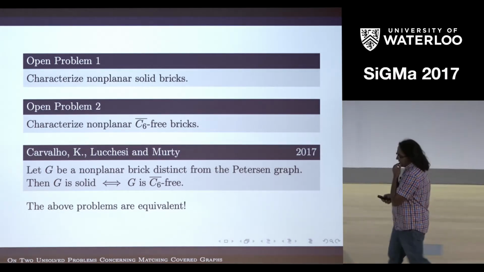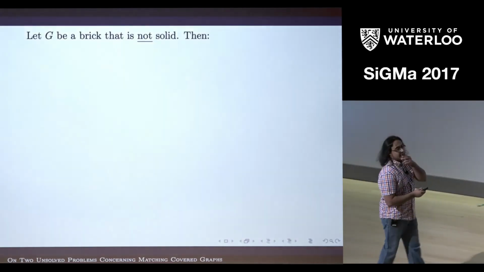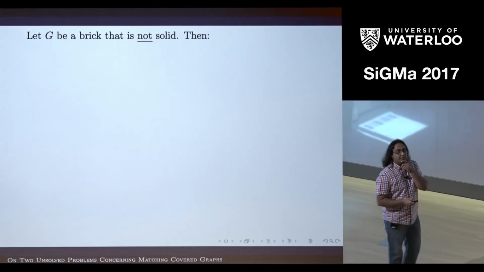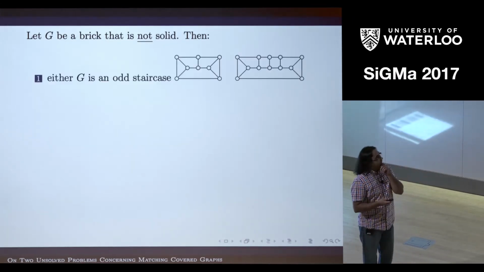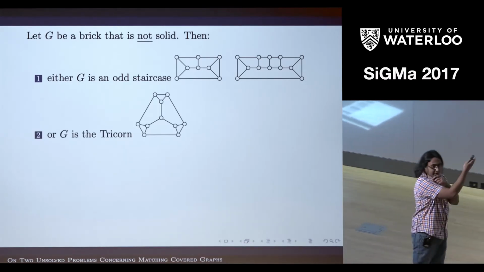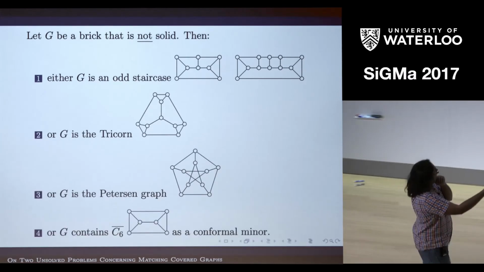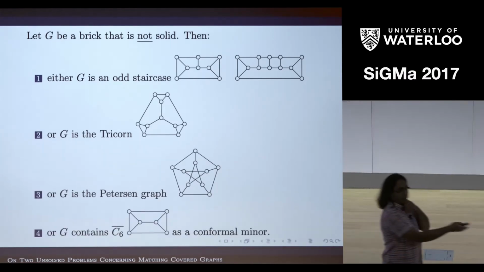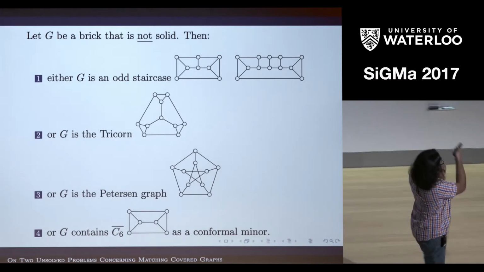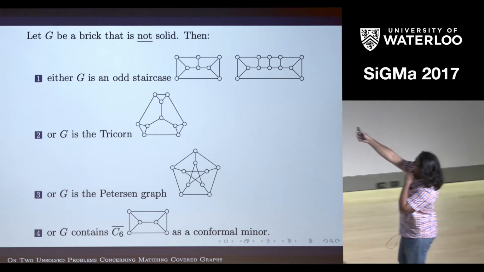Okay. So let me just state the results slightly differently. Supposing you have a brick that is not solid, then there are four outcomes. Either it is an odd staircase, where two of the outcomes are planar, or it's the tricon, or it's the Petersen graph, or it contains the prism as a conformal minor. So any brick that is not solid, that is not Birkhoff-von Neumann, has to contain this graph, the